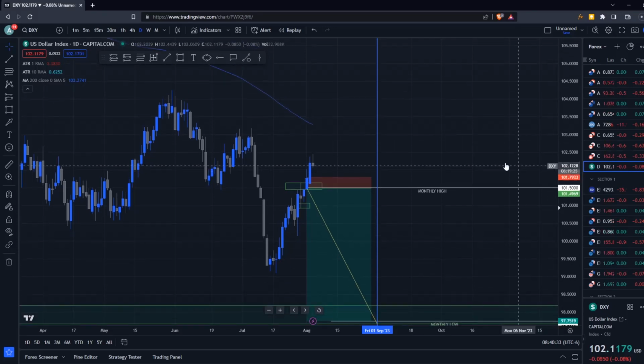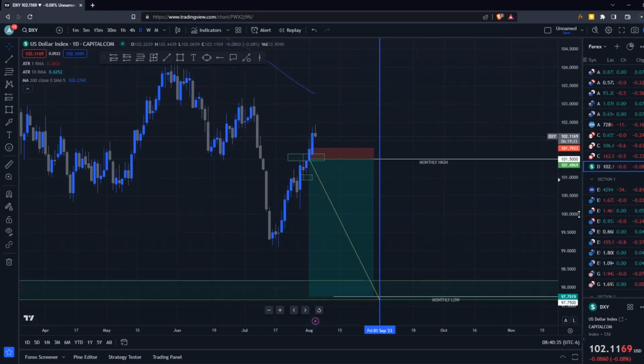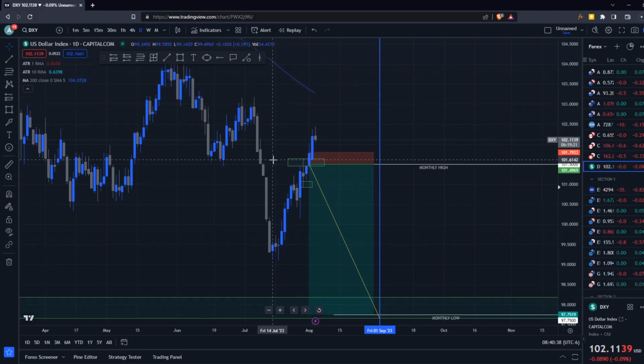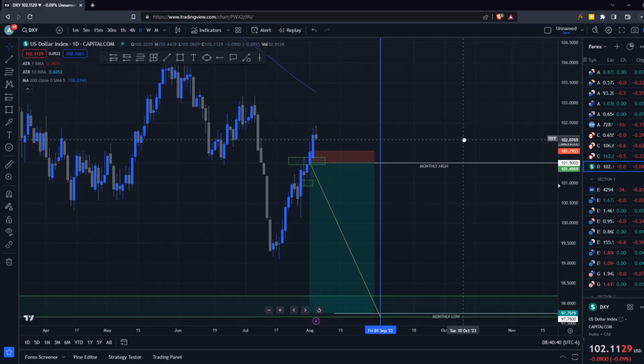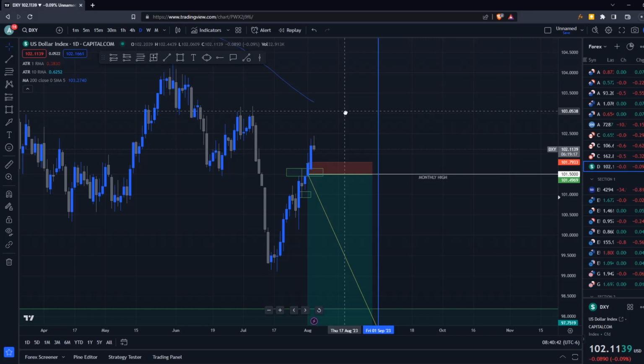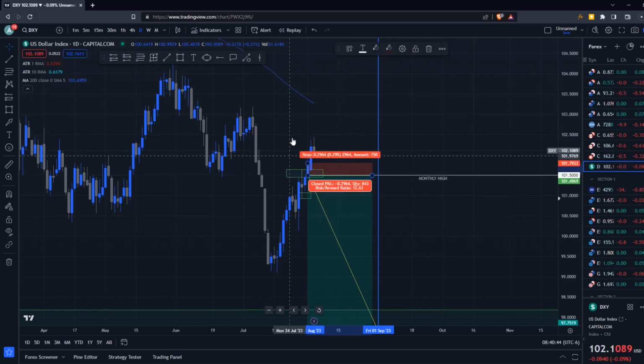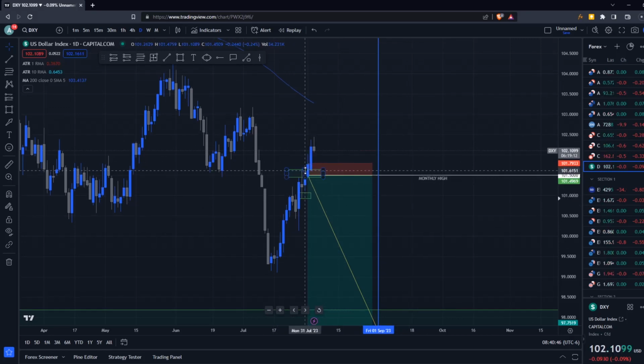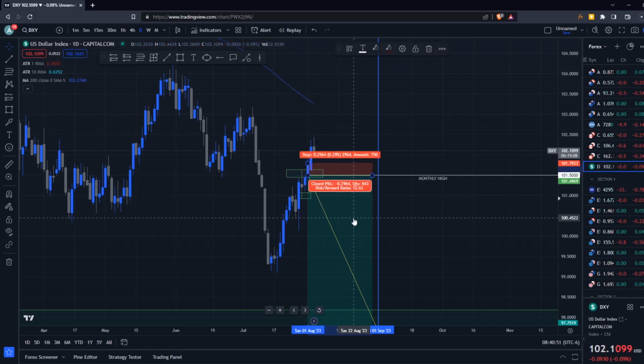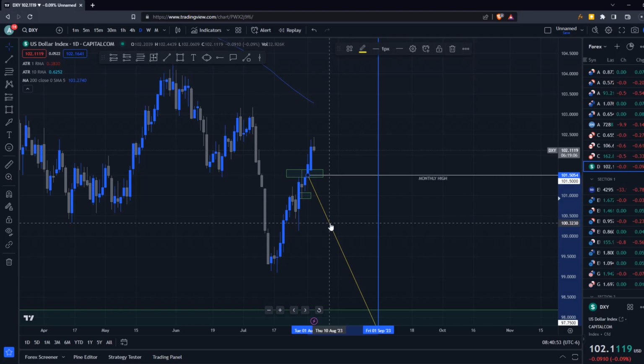Okay, we're gonna check out this dollar index. So this actually broke this area, which was surprising because this was the retracement area. So the dollar is getting stronger. This trade was never valid because this candle broke through this zone. It was just a little tiny zone that I drew before, but now this changes things a little bit